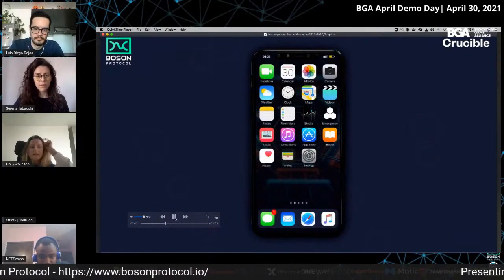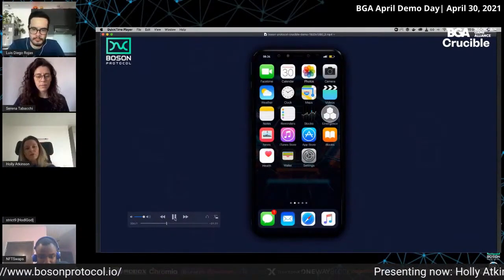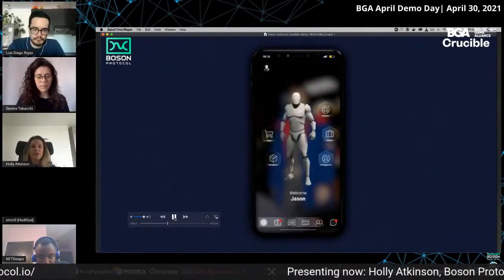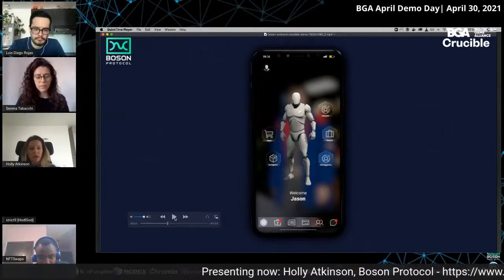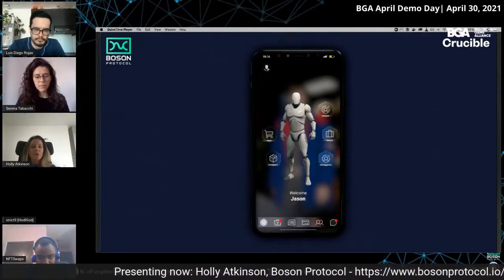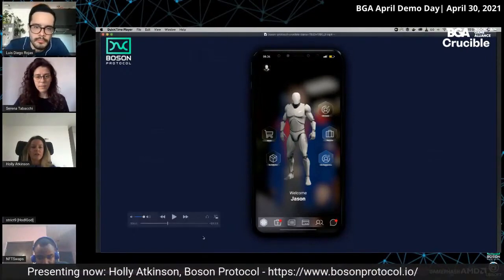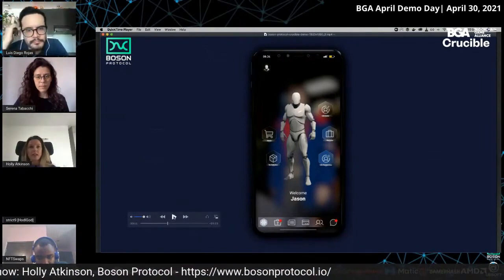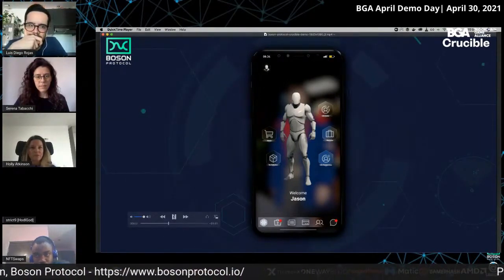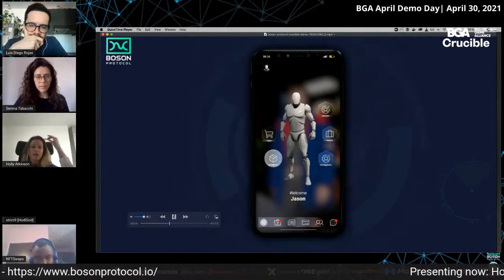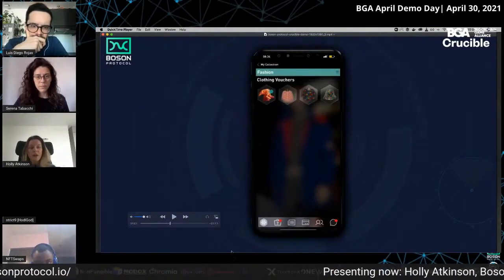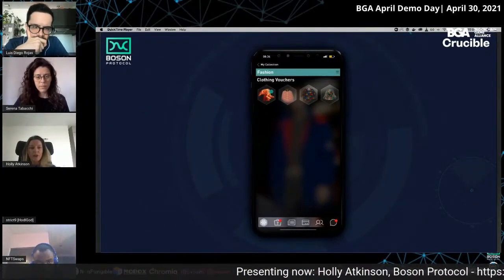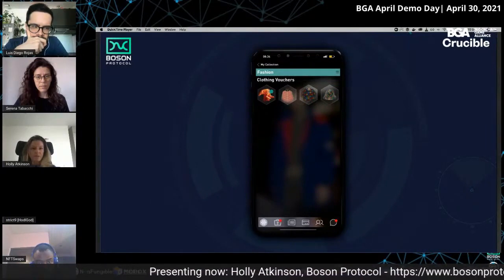Now, in this integration example, Crucible has a mobile app that players can use to manage their avatar. So a player can open the mobile app and find their purchases in their inventory. So you can see here under My Collection, where they can see, again, all of their purchased items.